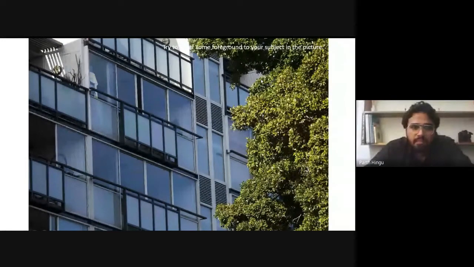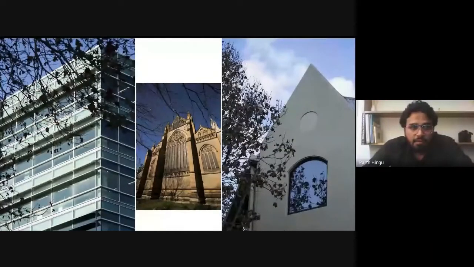Like there was a garden, so we can get to know that there is some green space in front of the building. You are not just clicking the photograph. The photograph needs to tell a story behind it. So this is the building, and you can make a story, like where it is located and all of that.